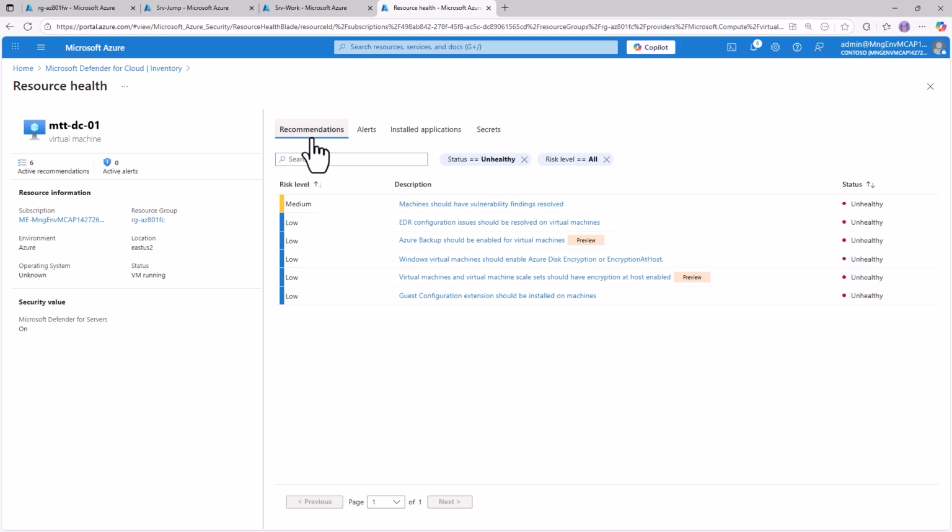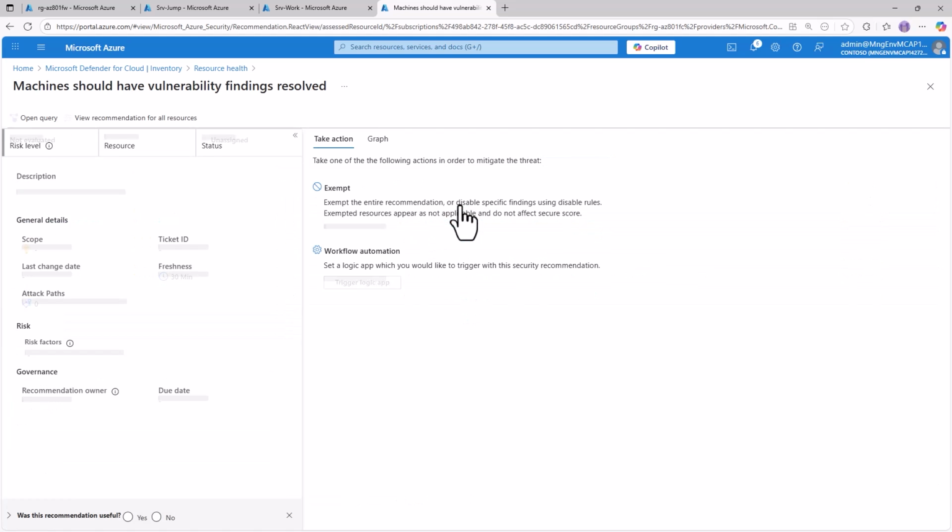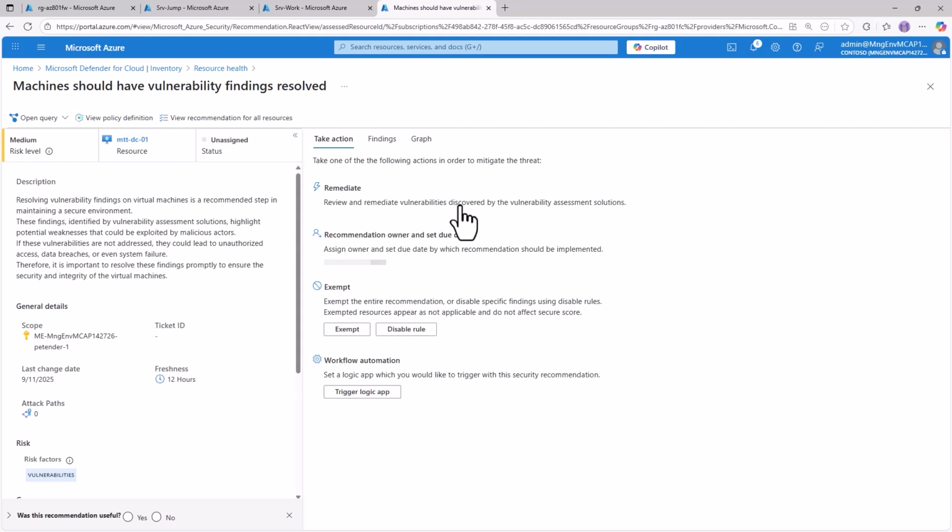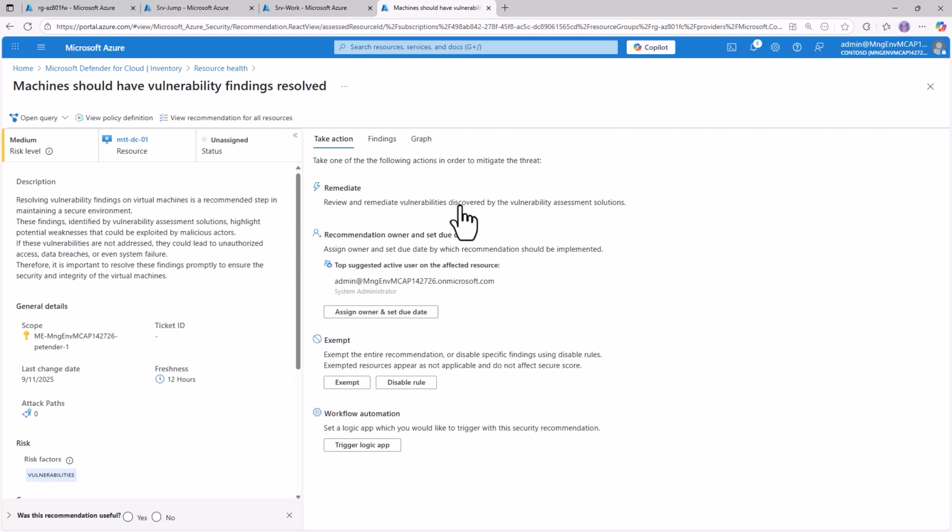Back to my recommendations, this is where it starts with that posture experience, giving you a view on what's going on or maybe wrong in your environment, where now I could move through each and every one of these steps. So let's say machines should have vulnerability findings. So what this means is that now we're actually going to mitigate and investigate the problem. Without drilling down on any specifics, because obviously this is slightly depending on what the vulnerability could look like,